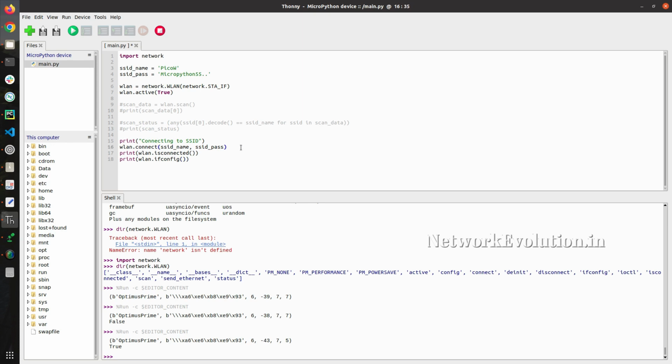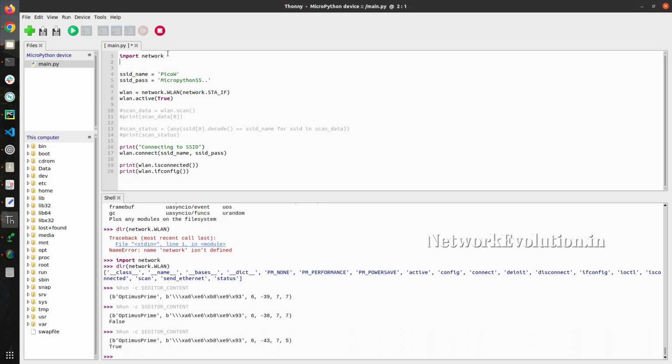And it might take a couple of seconds to get connected because we are using DHCP and IP should get assigned. So after connecting, we will wait for 5 seconds, import utime, time.sleep